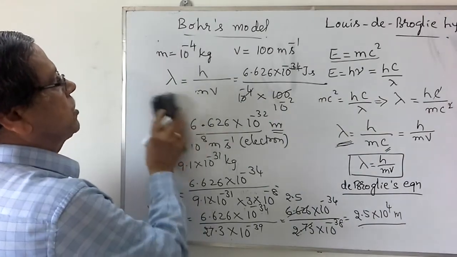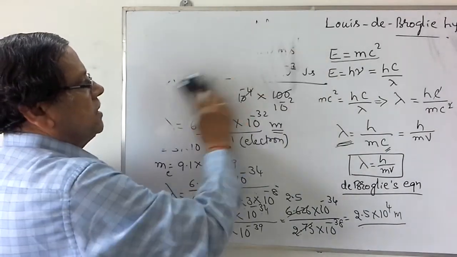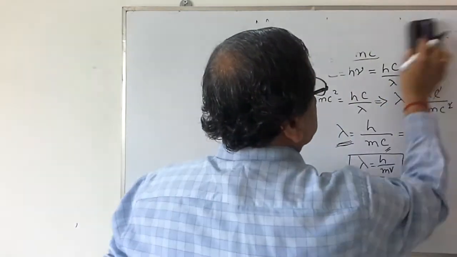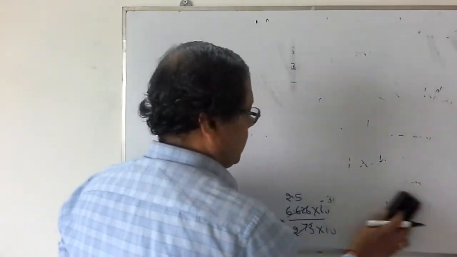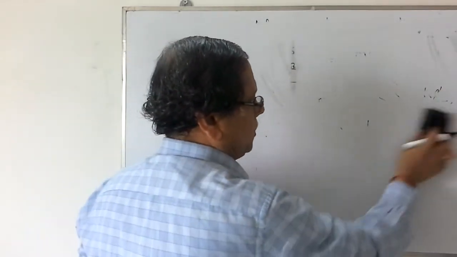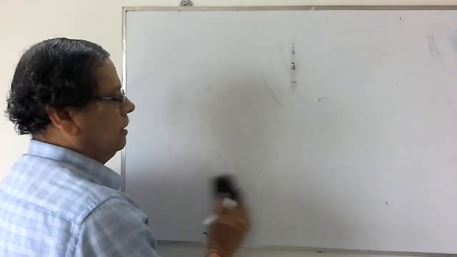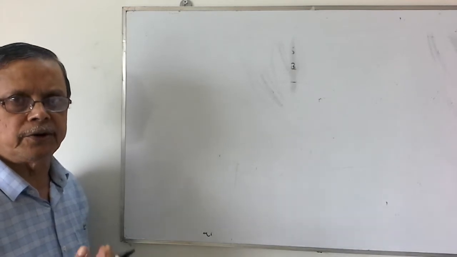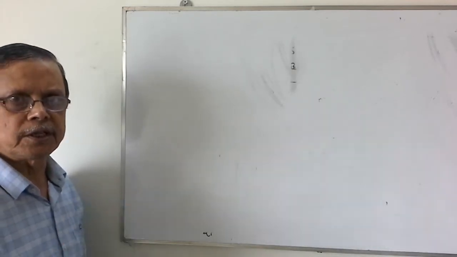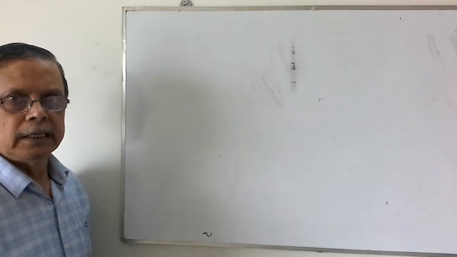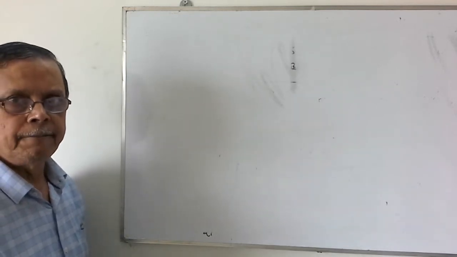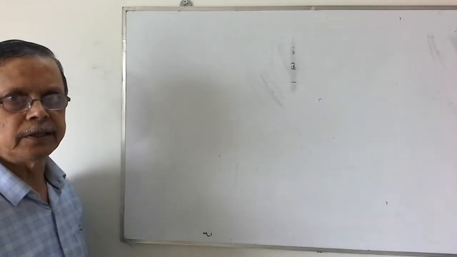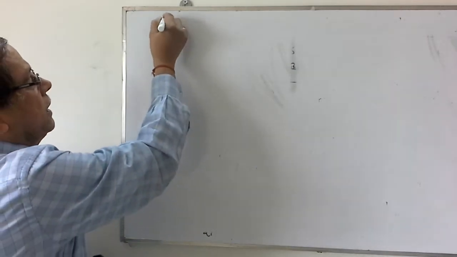Now let us consider the next one, that is Heisenberg's uncertainty principle. When a particle is to be observed, certain light has to fall on that particular particle. But we know that an electron cannot be easily observed with the naked eye. That's why we have to use some spectroscopic methods to identify the position of the electron. But when light falls on it, its position will change and also velocity will change. So according to this Heisenberg's